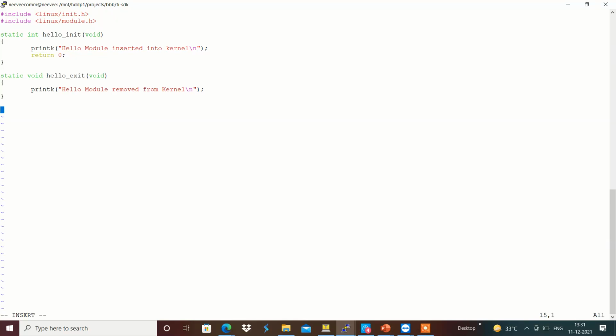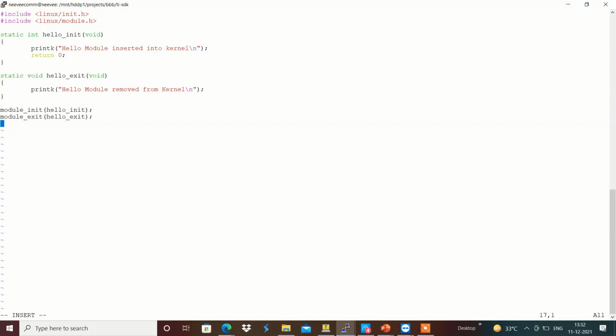Once it is done, there is a macro called module_init, which I'm going to link with hello_init, and I have module_exit, which I'm going to link with hello_exit.